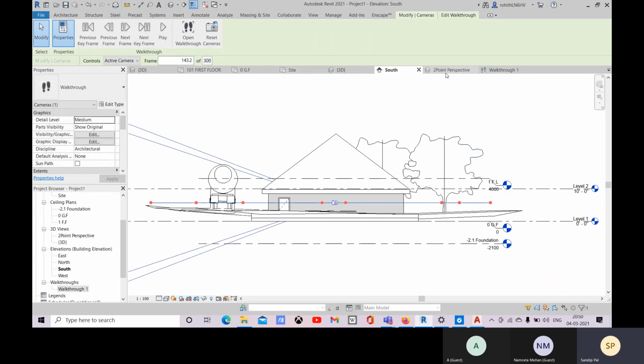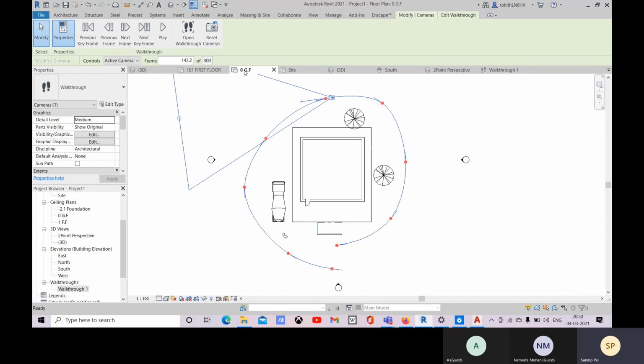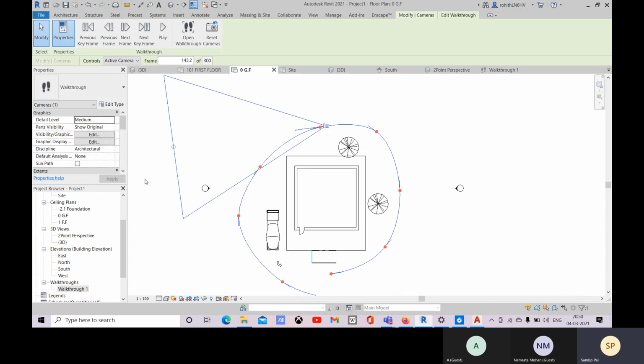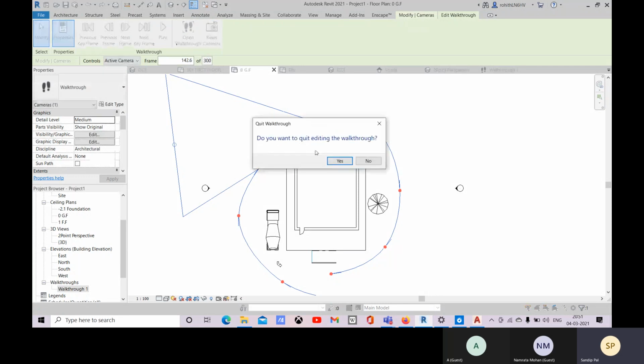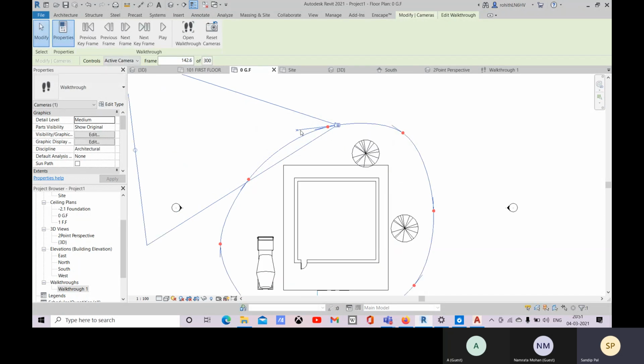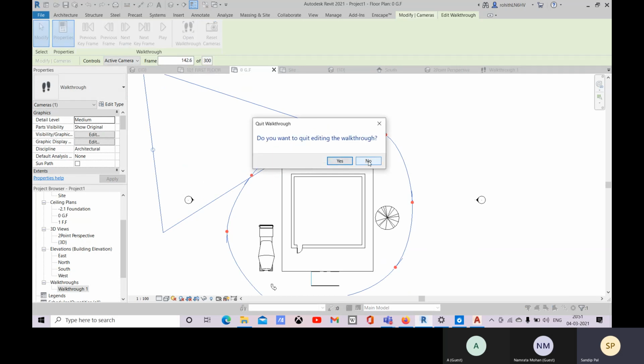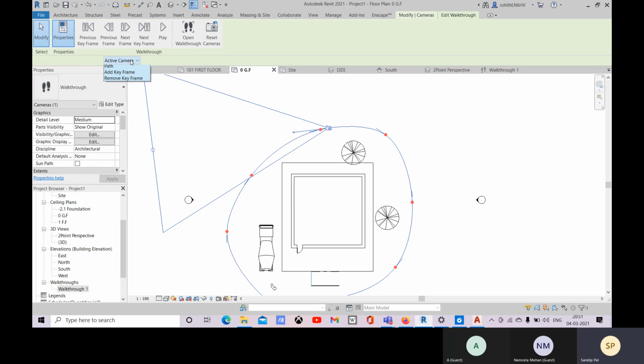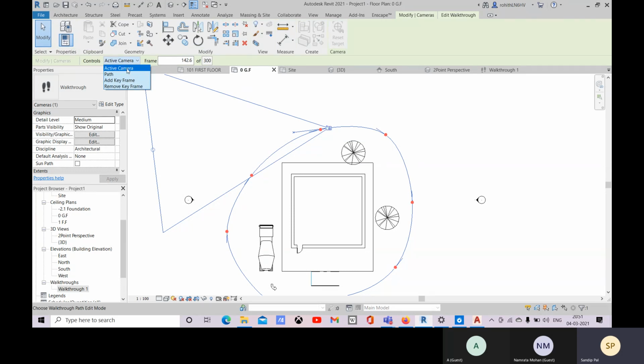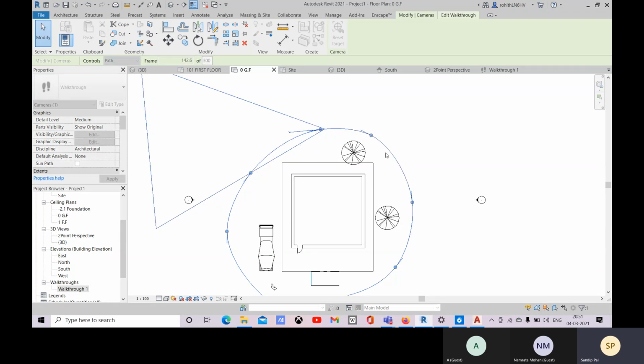Now you can come to the elevation. Here you see this is pointing towards this side, so you have to position it. So now this is the active camera, and if you want to change anything in the path, you can.